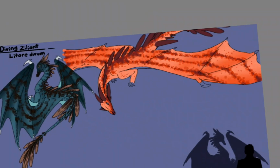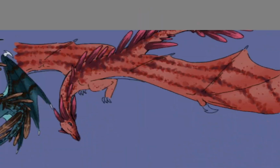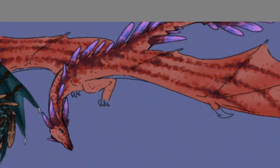Their claws are not adapted to hold onto rocks or wings for a very long time. The same goes for the little claws on their wings as well. So they can't gather on rocky cliff edges even if they wanted to. This is a very clear vulnerability to the Diving Ziliants, but what they lack there, they make up in their group tactics. A group of Diving Ziliants is specifically called an island,